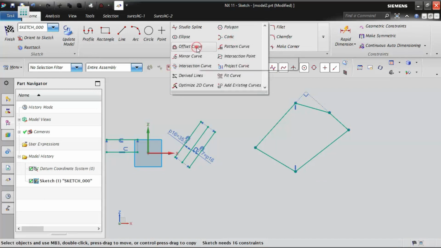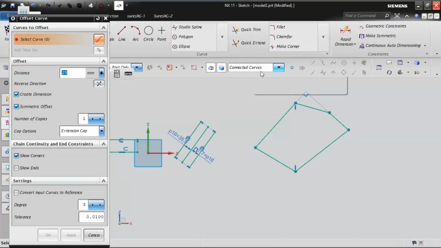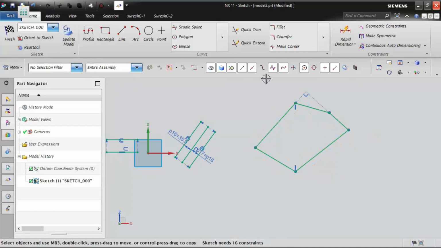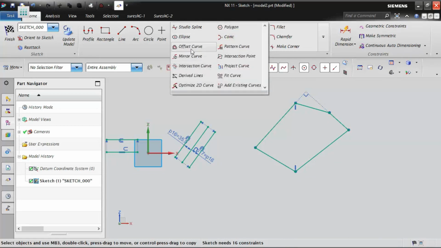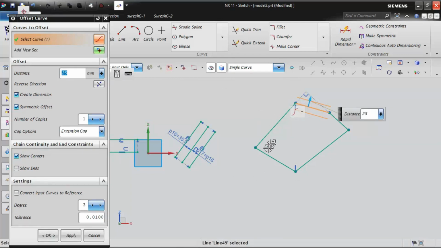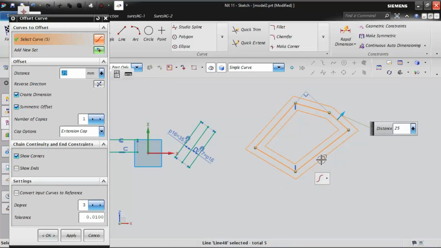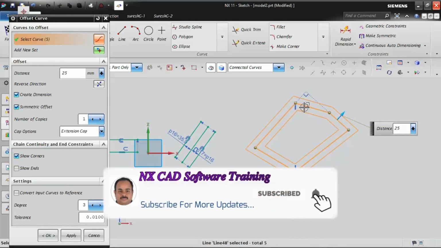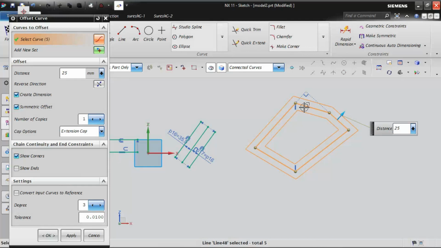I will select again, offset curve I'm going. So now connected curves is on. If you select here, everything will get selected in a single stroke. Suppose here I'm going again to make you understand one more time. If it is a single curve, it won't select all the curves at one time. Single means only one curve will get generated. Then you have to select it, select it, select it, like this you have to select each one. Instead of that, if you go for the connected curves option, whatever lines are attached to each other and continue to each other, if you select any one entity, by default it will make a closed loop